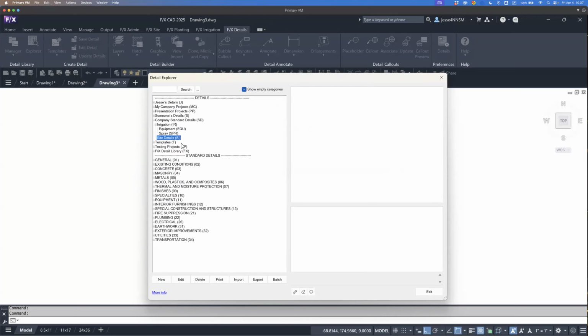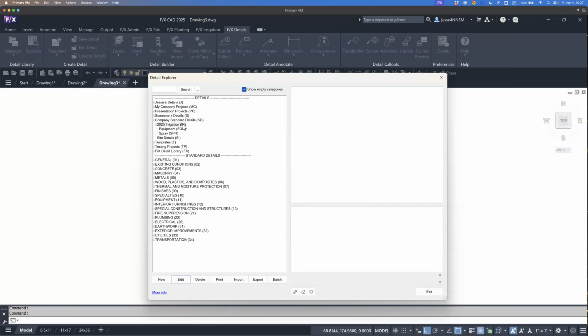Let's talk really quickly editing and deleting folders. Say I want to add a year designation to this folder because we try to build out as current of detail folders as possible. I'm going to highlight the folder that I want to edit, and then I could add a year if we're getting crazy and we're making new standard detail folders for our company by year or something like that. So I'll say okay,